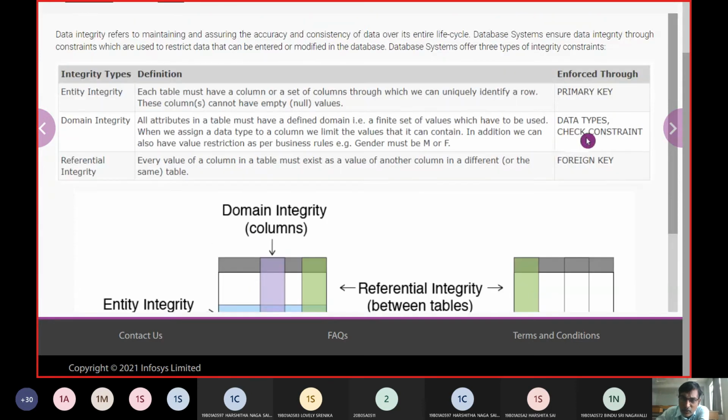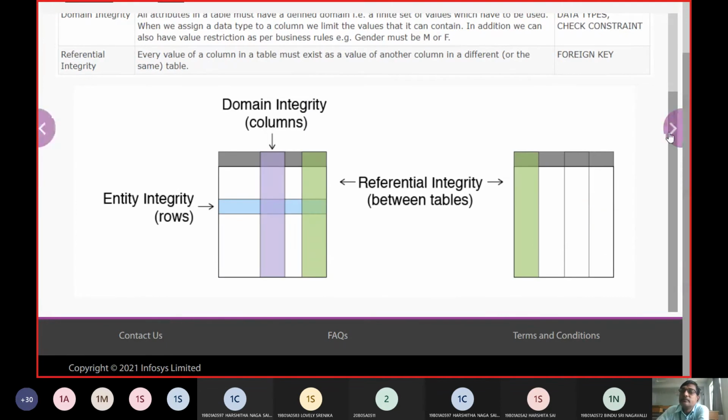We pick the term check constraint for this. So in general, we have an entity constraint, which we call the primary key. Next, associated with a column, there is the check constraint. And the next one is referential integrity, which is applicable to the foreign key.